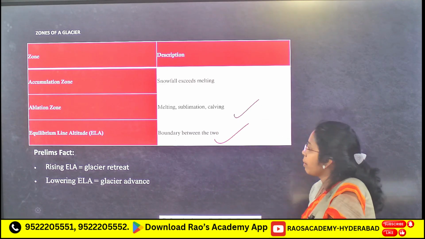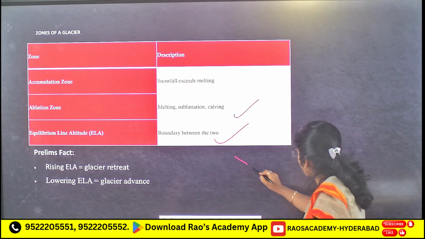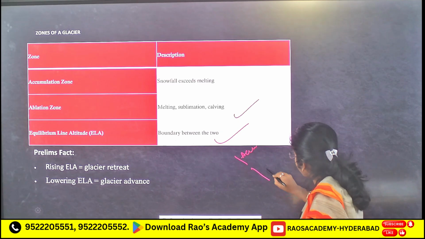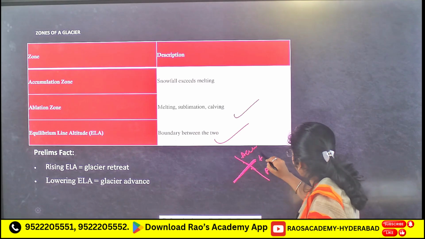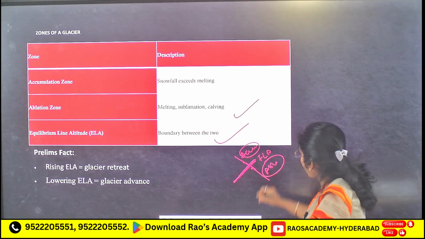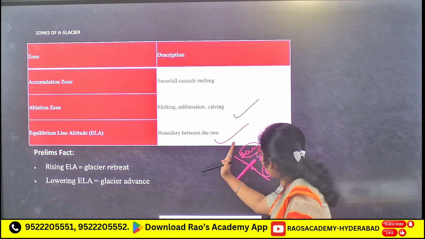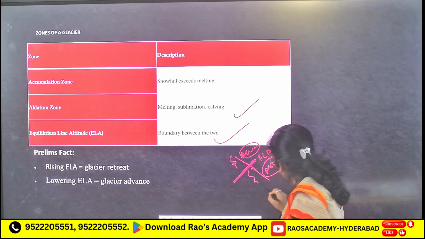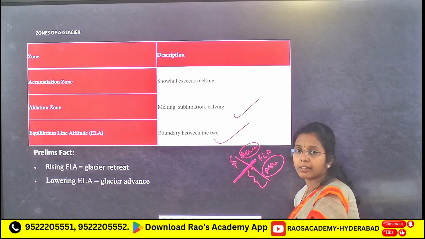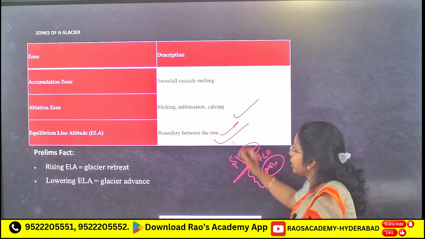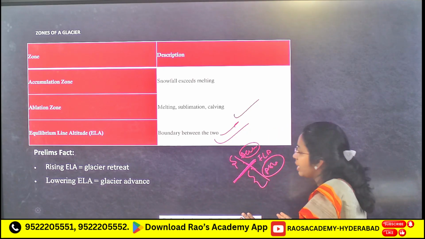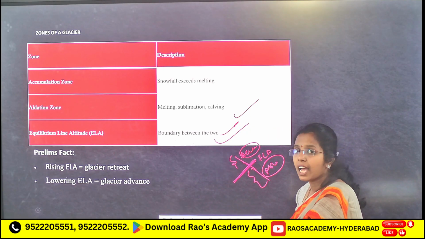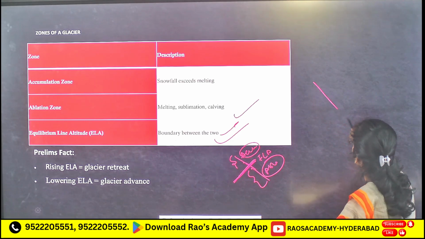ELA, equilibrium line altitude, is very important. This is the accumulation zone, this is the ablation zone. ELA is a boundary between accumulation and ablation, means above ELA you will see accumulation, below ELA you will see ablation, means melting, sublimation, all those things. Clear? Boundary between the two. Now, rising ELA means glacial retreat, lowering ELA means glacial advance. This you can learn in